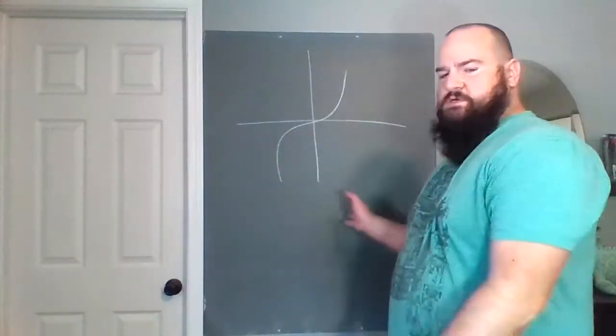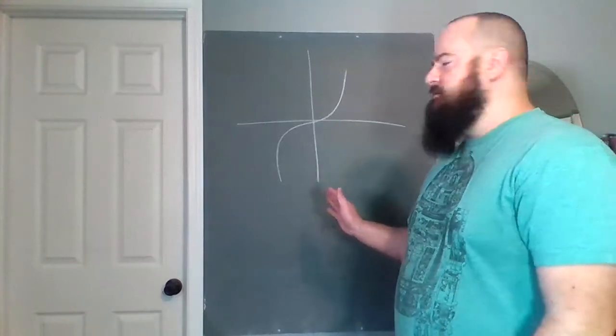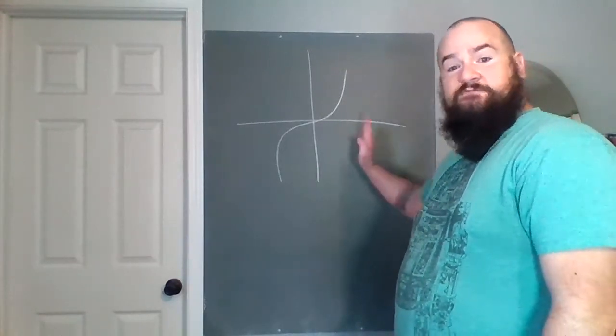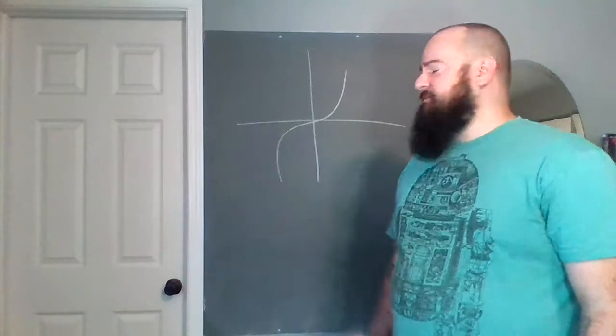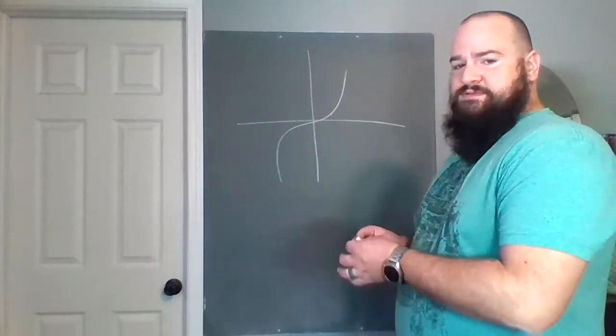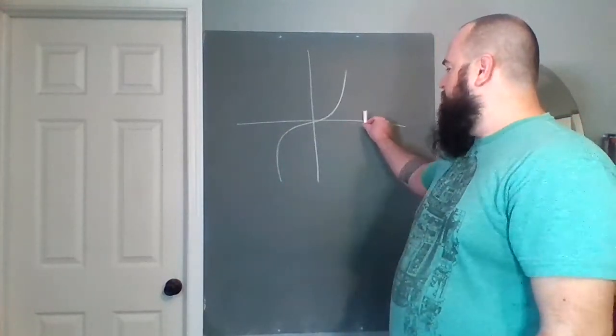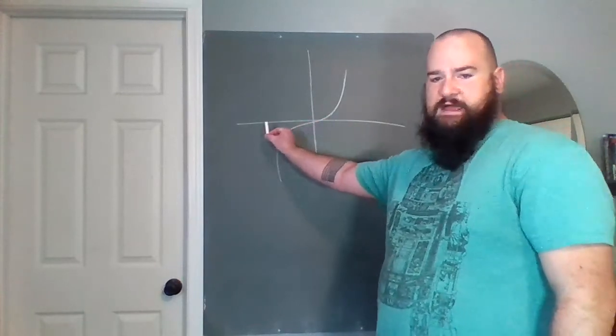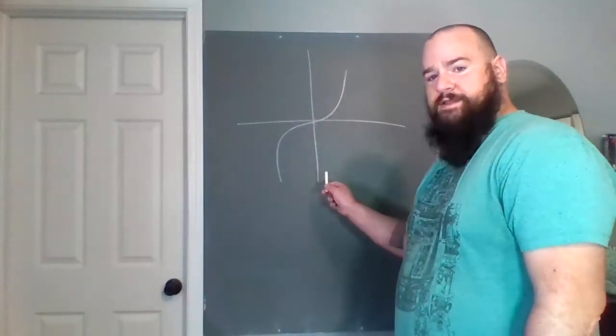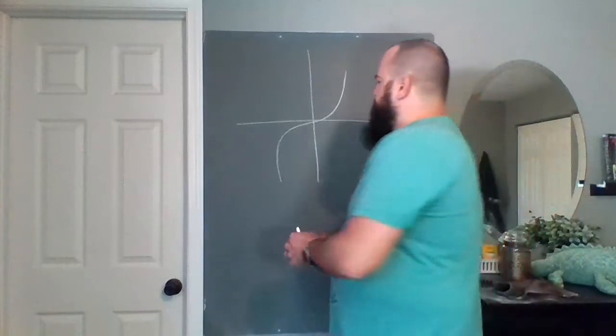Now, how do I know this is a function? What do I use to tell if this is a function? Right? We use that vertical line test. Some of you guys have heard that maybe. That vertical line test simply says if I draw a vertical line anywhere along this graph, it's only going to cross the graph once. And what that does, okay,